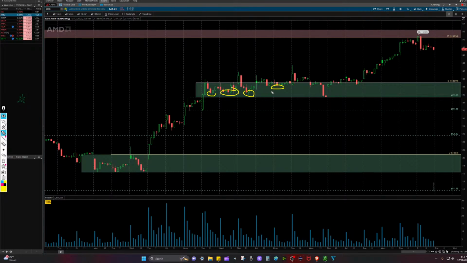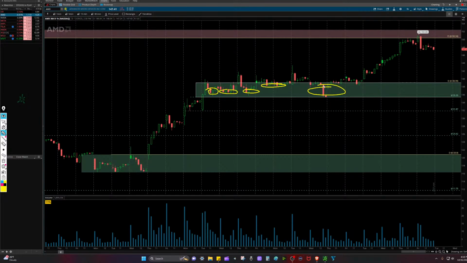I mean, what is it? To me, it's like accumulation, right? The institutional traders are trying to accumulate the stocks here. There's so much buying happening